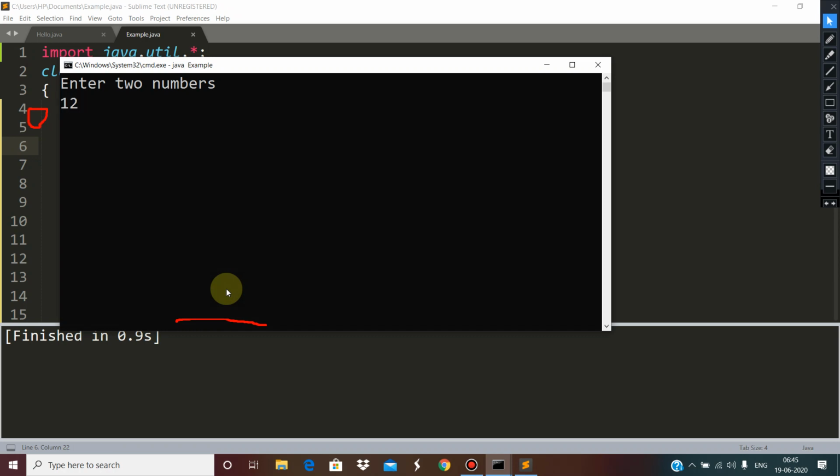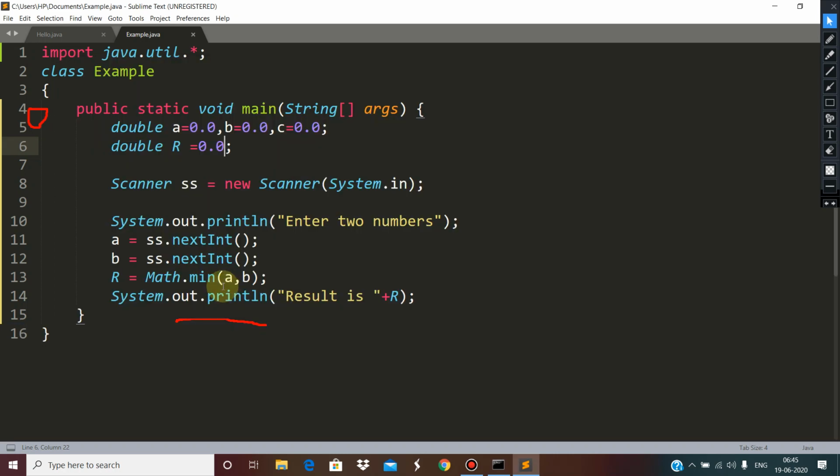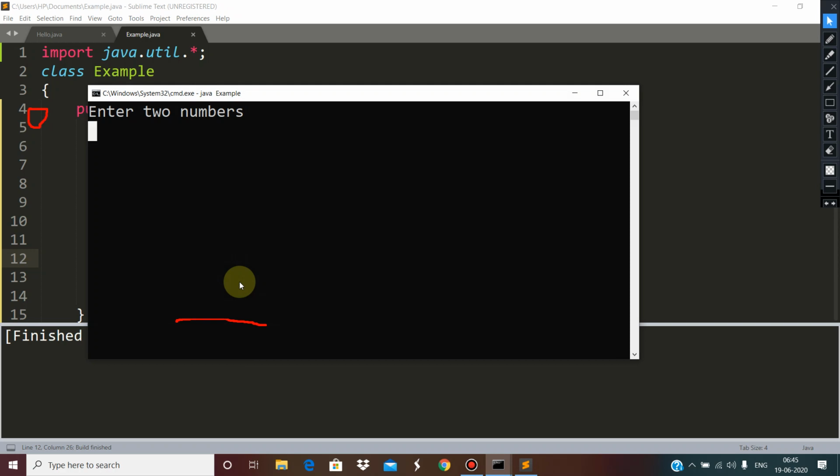So it is 12.0 and minus... what happened? Wait. So children, the problem is that I am trying to receive the integer value. That's why the error has come. If the value is double type, then we need to use the function nextDouble. So 12.0, 45.0, and the result is 12.0. The smaller is coming like this.